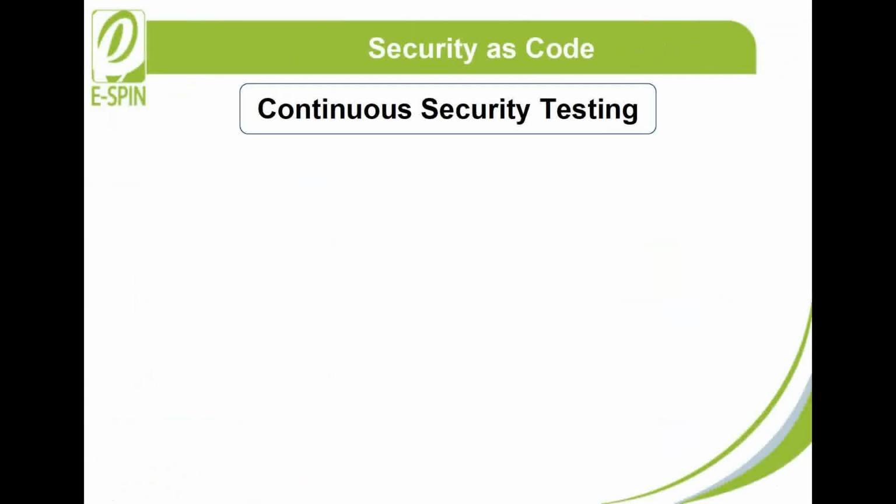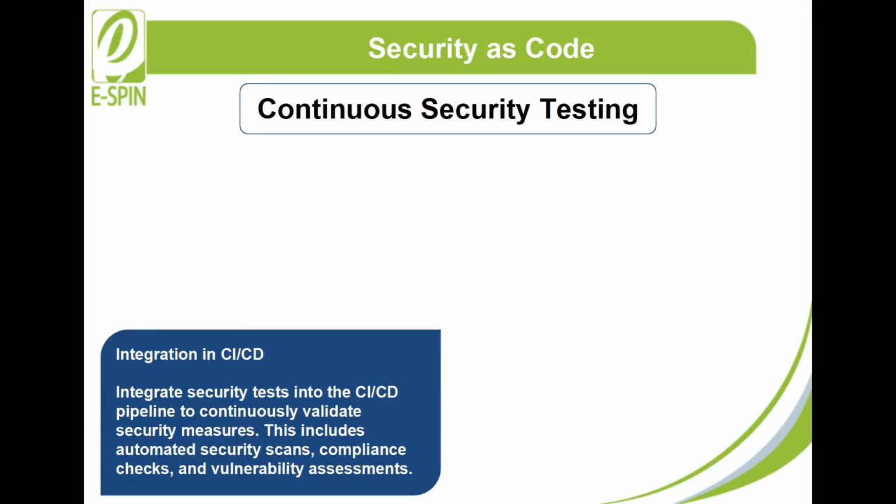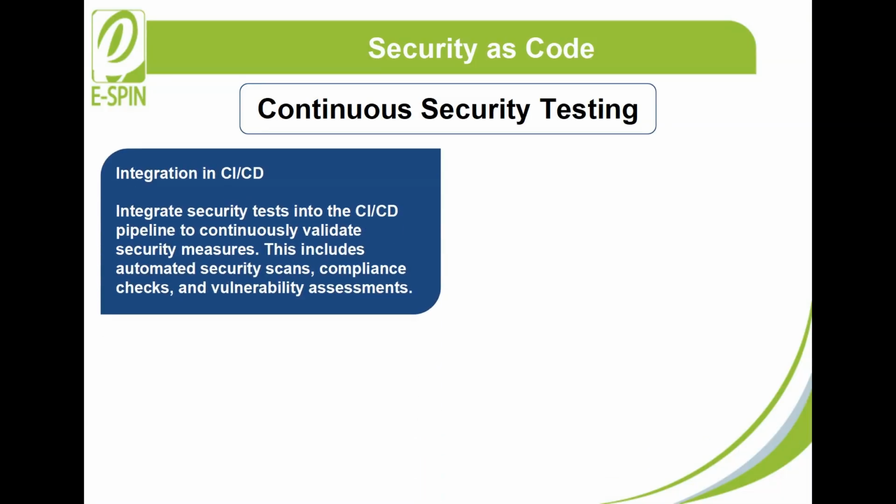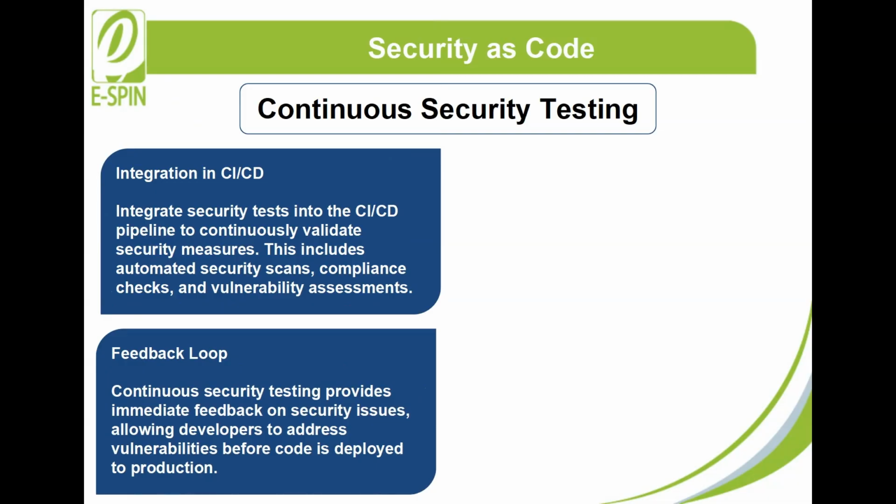Continuous security testing includes integration in CI/CD, feedback loop, and an example. Integration in CI/CD: integrate security tests into the CI/CD pipeline to continuously validate security measures. This includes automated security scans, compliance checks, and vulnerability assessments. Feedback loop: continuous security testing provides immediate feedback on security issues, allowing developers to address vulnerabilities before code is deployed